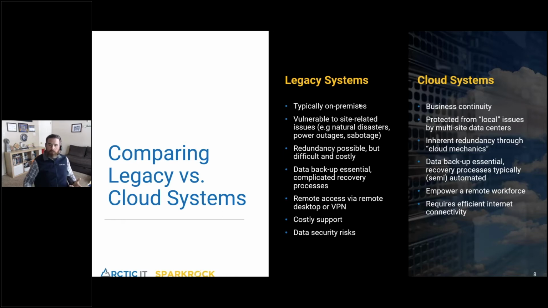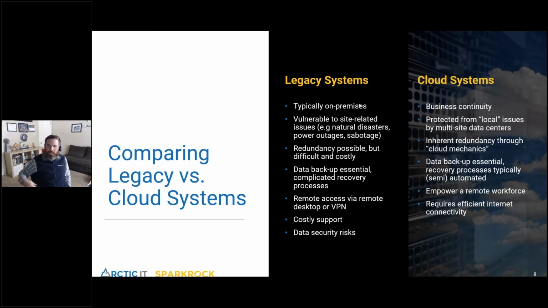When we think about business continuity, we've always thought about, well, what happens if there's a fire? What happens if there are other natural disaster type things where we lose all power to our organization? How do we have access to it? How are we going to continue to work? But in the past year, business continuity has taken on a new meaning. How can you effectively enable a remote workforce when you weren't planning on a remote workforce, to not only continue to do their jobs, but to do it well, to have secure access to what they need? And a cloud-based system just provides all that inherently.